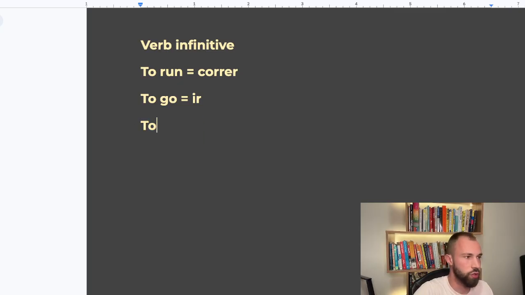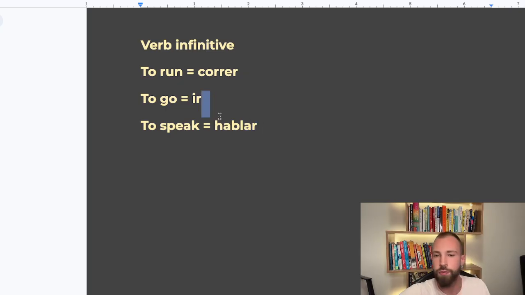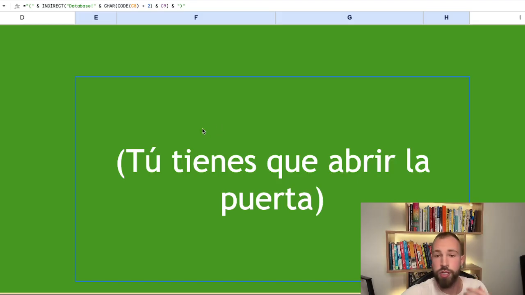Let me change this to speak, or -ar, like hablar. And these have different endings, but we're not going to go into conjugation patterns. But if you want to learn them, look up present tense conjugation patterns. That's what you need. You need to know how to conjugate verbs. But assuming you already are familiar with that, then we'll go back to this exercise and we'll just do some